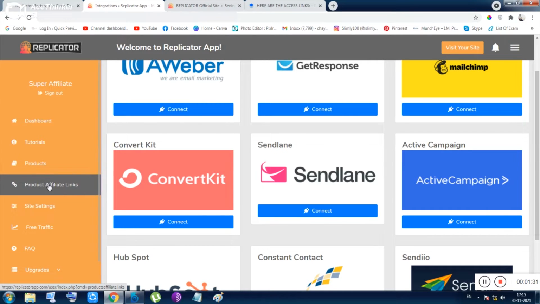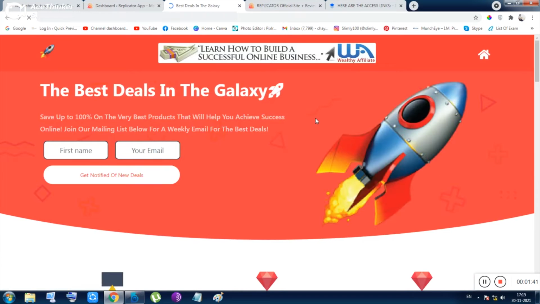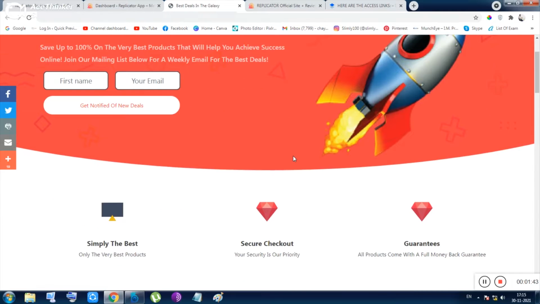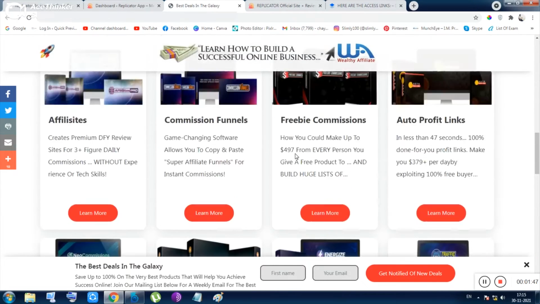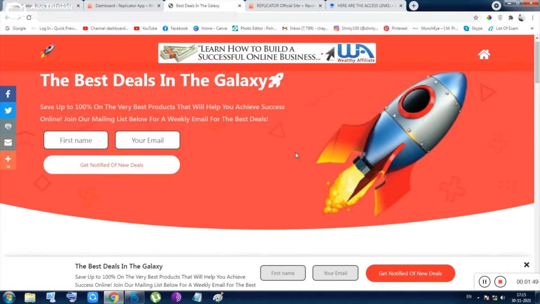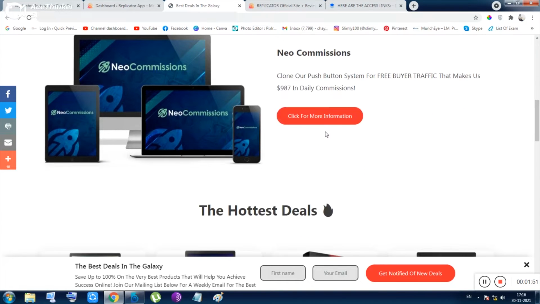Next, I don't want to show the product, but I want to show you your site, like what sites you will be replicating, or what the expectation of your site is. This is a site that is created with this tool, and you can see there is some software on this site, and anyone can download it. For the front-end version, anyone can download. Then they have to pay for the upsells. That is the good thing for you.